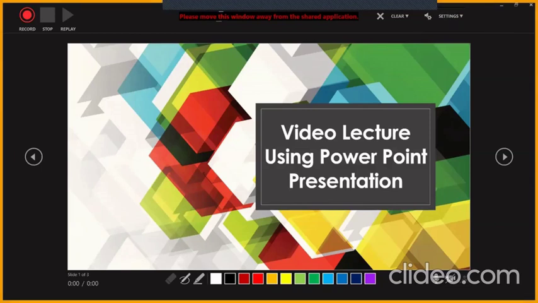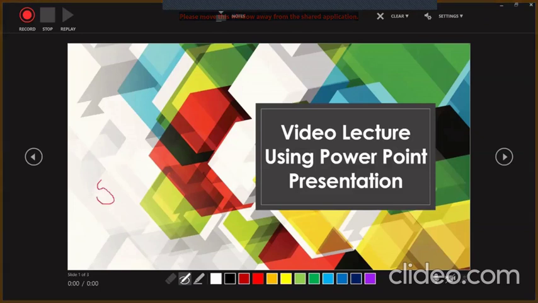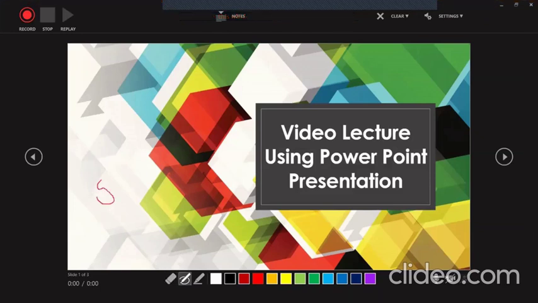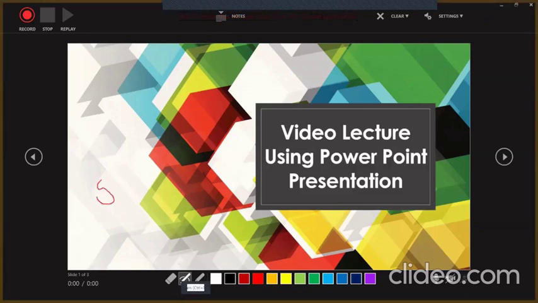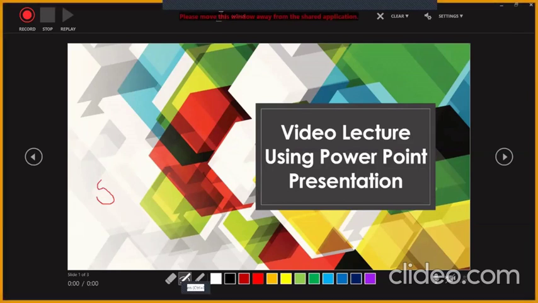There are tools which allow you to write on the slide. You can see the option called pen. I can click on this option, write something on the slide, and click back, and that will be recorded when you share the PPT as a video and the slideshow. Now you can click back again the same and get your cursor back.